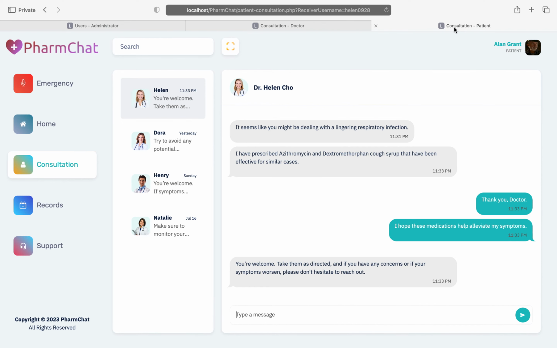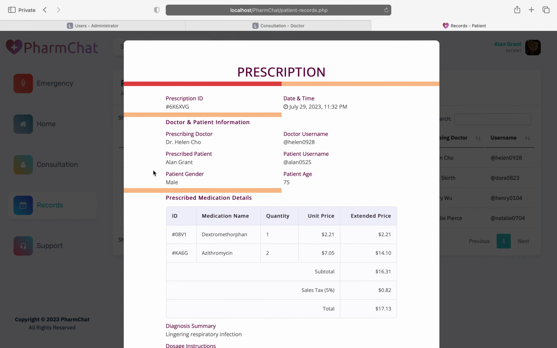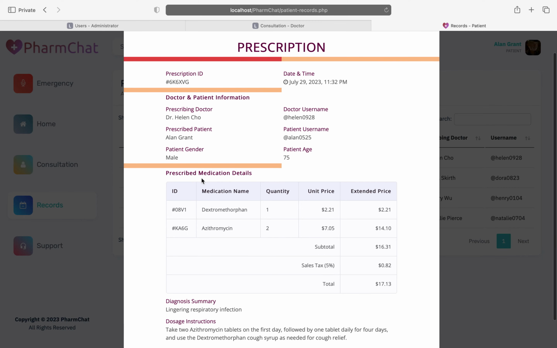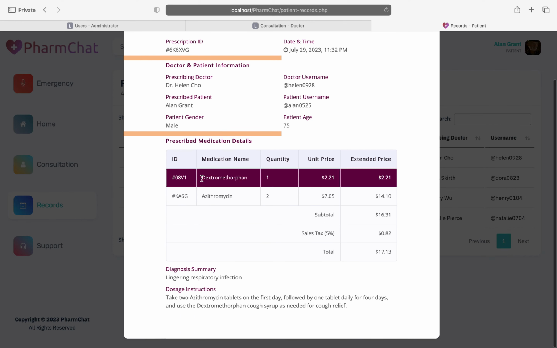Now, from the patient's perspective, going to the prescription records page, set the sorting method to date and time in descending order. The first one is what we're looking at. You can view the prescription, so all the information is listed here, the medications, diagnosis summary, dosage instructions, and so on.